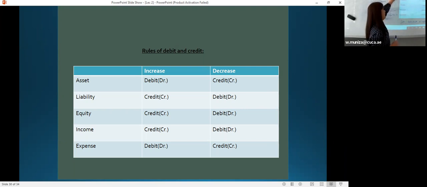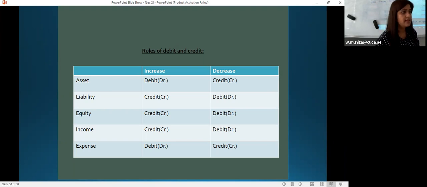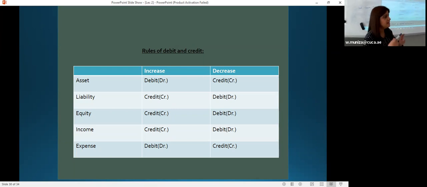If you can see, asset and expenses have the same treatment. Liabilities, equity, and income do have the same treatment. Increase in expense, debit. Decrease in expense, credit. Increase in asset, debit. Decrease in asset, credit. Increase in liability, equity, and income is credit. Decrease in liability, income, and